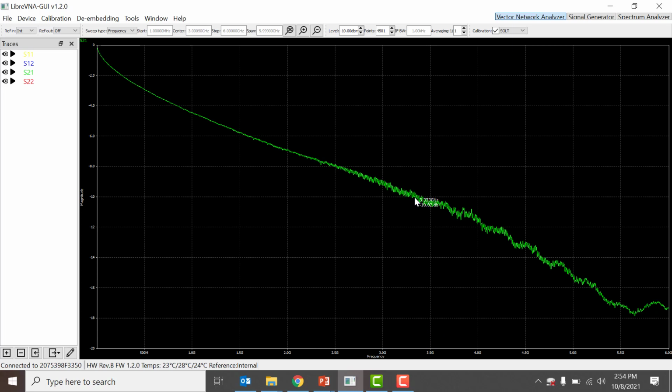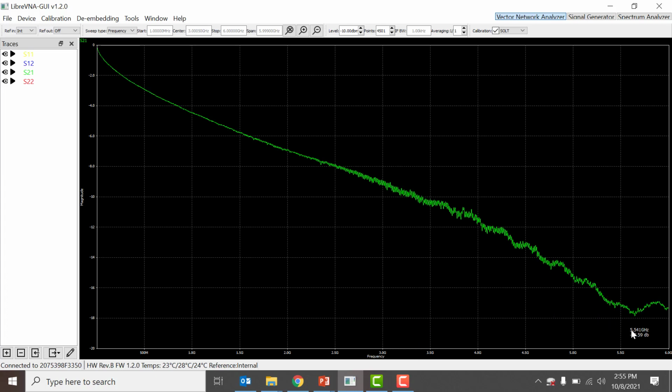gigahertz, is the ratio of the power coming out of port 1. So maybe let's do it this way. The ratio of the power delivered to port 2 divided by the power coming from port 1 would be 10 raised to whatever the reading is in dBm, minus 10 in this case, divided by 10. So minus 10 divided by 10 would be minus 1, and 10 raised to the power minus 1 would be 0.1. So only 10% of the power that was output from port 1 is reaching port 2. So in other words, we've lost 90% of our signal when we reach somewhere around 3.3